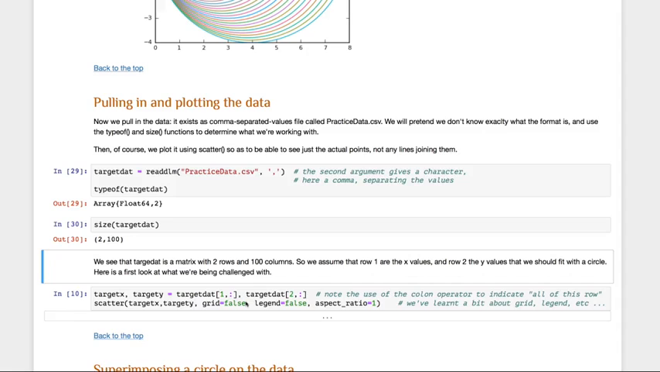So now we read in target X and target Y, and look at how we do this. That's target X, comma, target Y is target 1, comma, target 2, and target 1 is comma colon because it's all of the data in row 1, and that's all of the data in row 2. All of the data in row 1 go to target X. All of the data in row 2 go to target Y, and we get